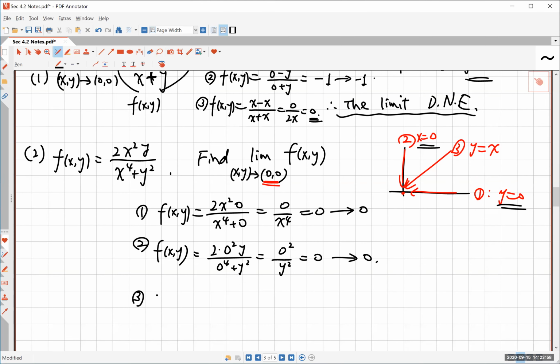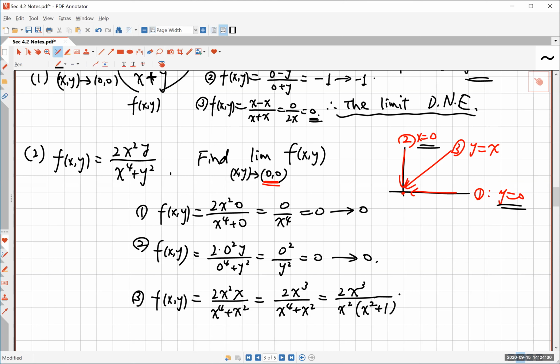Number 3, if y is equal to x, I can just rewrite y as x. So this is 2x squared times x, right? And then on the denominator, you have x to the 4th plus x squared, because y is simply the same thing as x. That's 2x cubed over x to the 4th plus x squared. What is that? Well, I can take out x squared from both. And so you have x squared plus 1. Is that okay? And then, because x is non-zero, remember x approaches 0, but x is never 0,